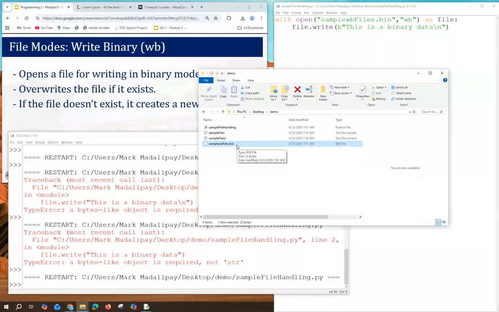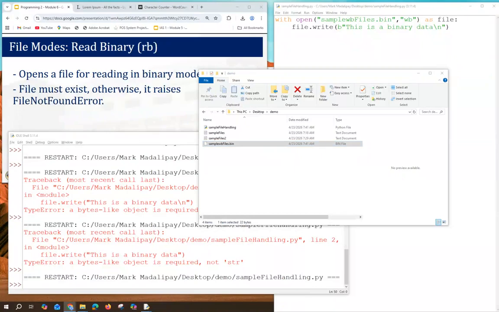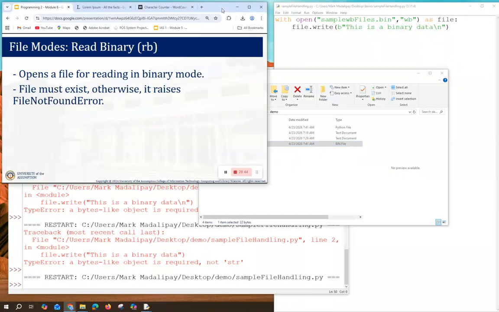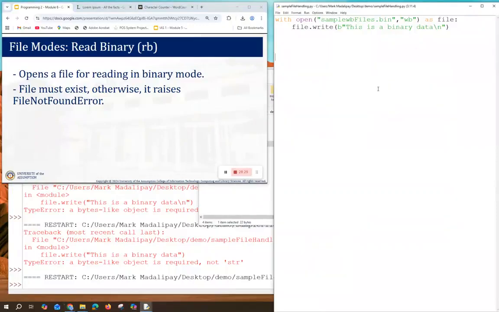Okay, so to read our binary files, we make use of the RB. It opens a file for reading in binary mode. This file must exist, otherwise it raises a file not found error.